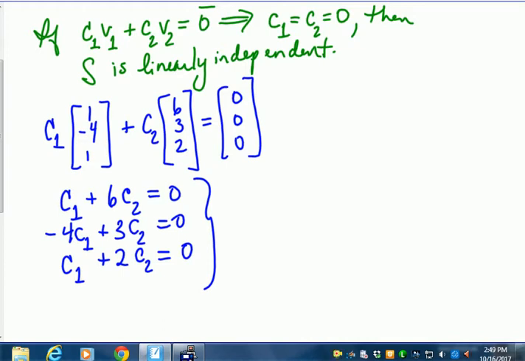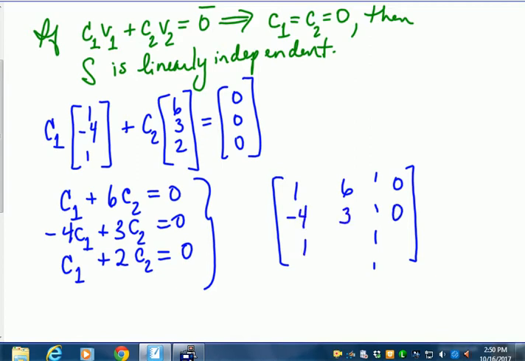You could have gone directly from this step up here to a matrix, but I want to show you that what we're really doing is using the matrix to solve this system according to the definition of linear independence. So here's my new matrix, and it's going to be augmented, so it turns into a 3 by 3. The coefficients are 1 and 6, and then of course I've got my solutions. It's a homogeneous system. Negative 4 and 3 are the coefficients in the second row,